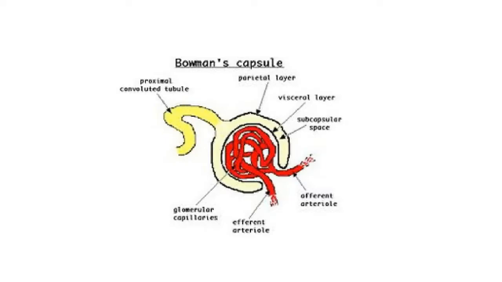A tubular system arises from the base of the Bowman's capsule, whereas the outer concave part of the capsule includes a mass of blood capillaries called the glomerulus. Bowman's capsule and glomerulus are collectively called the Malpighian corpuscle or renal capsule. And this whole part of the nephron is present in the cortex region of the kidney.